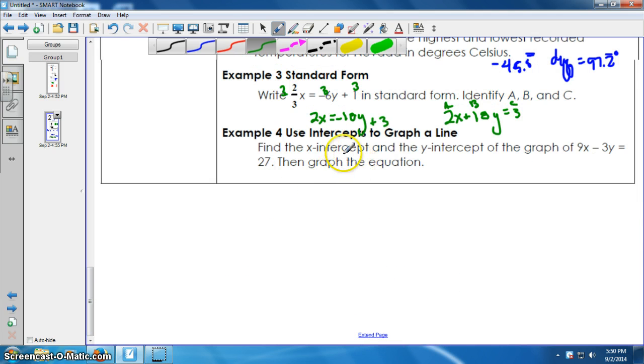And then this last one, finding the x and y intercepts, you plug in 0 for the x and solve, then plug in 0 for the y and solve to get your different intercepts. So the first one would be 9 times 0 minus 3y equals 27. And then you would divide by -3 since that's 0. And you get y equals -9. So 0, -9 would be that one intercept. The other intercept, you're going to plug in 0